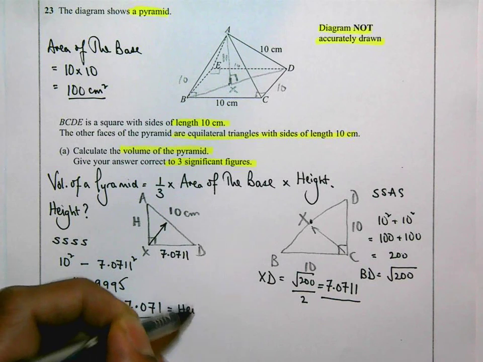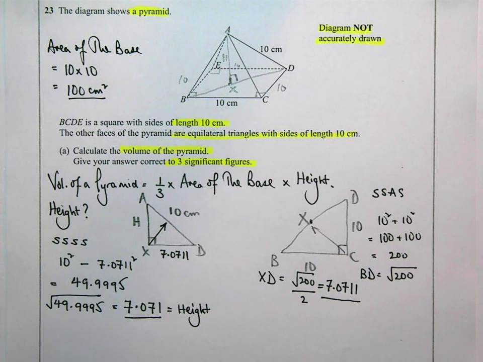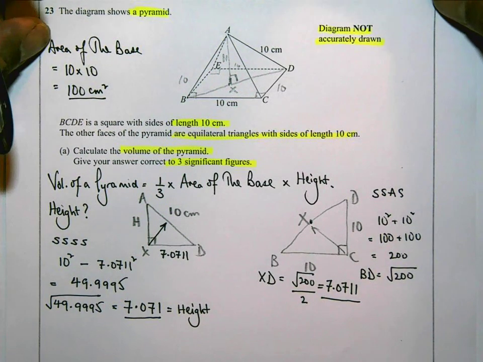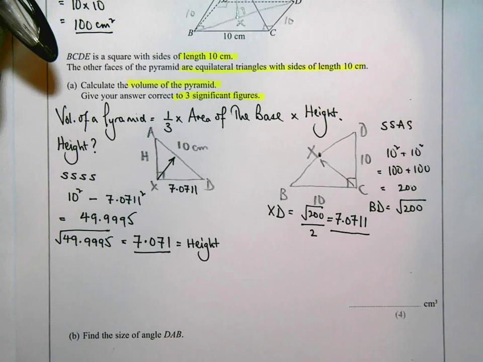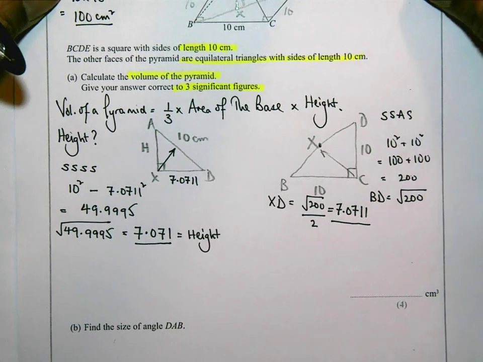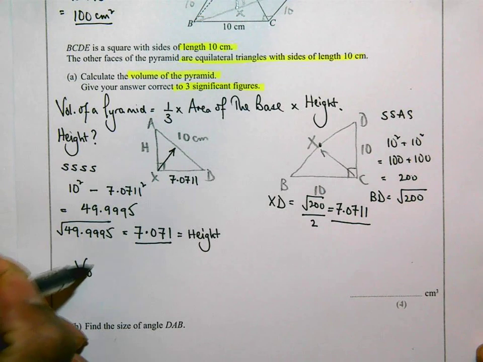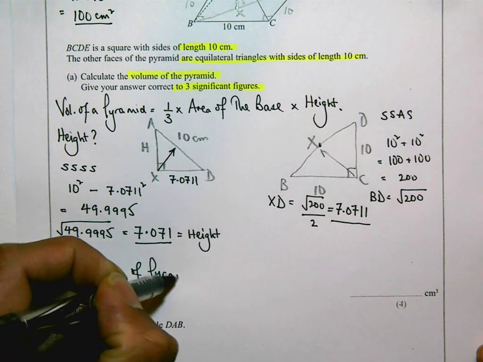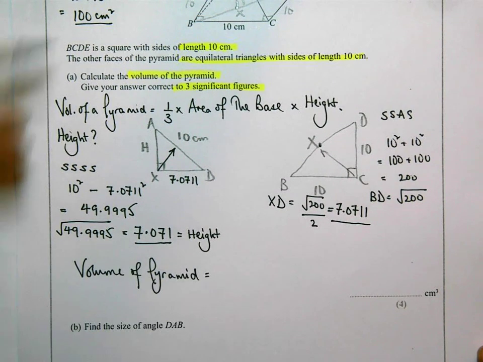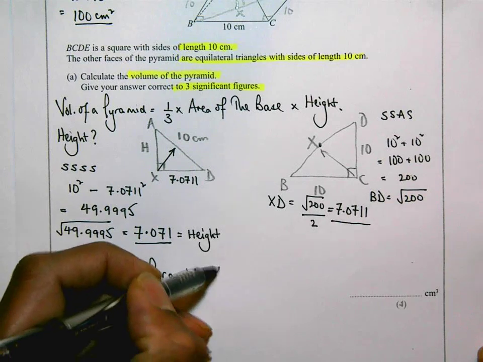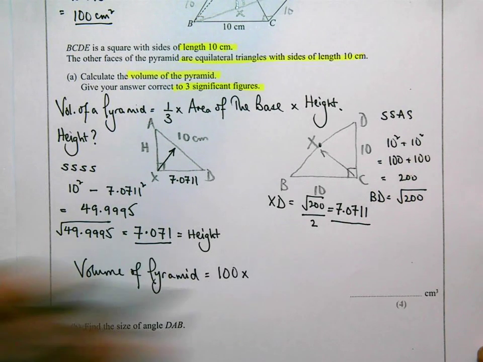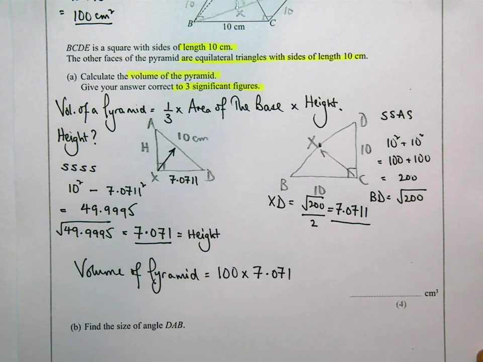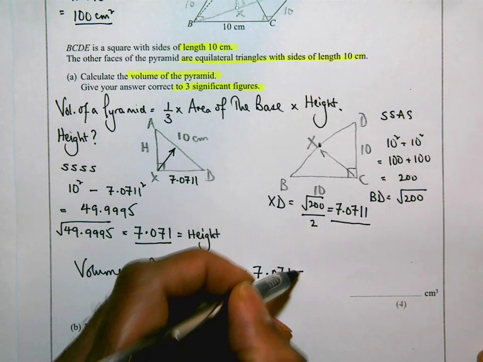So I'm almost done now because I wrote the formula down at the beginning. The volume of a pyramid is the area of the base times the height. Now the area of the base we worked out to be 100 centimeters squared. The height we've just worked out as 7.071, and timesing those together is going to give me